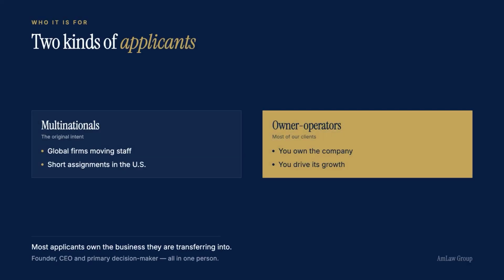Now, there's 2 general categories of people, I would say, who qualify for the L-1. One general category is multinational companies, and this is probably the initial intent of Congress when they created this visa category, that this is intended for large multinational companies. They have people overseas, we're talking about Microsoft, Intel, Google, stuff like that, where they have personnel all over the world, and for various reasons they might have to bring those personnel to the US for a relatively short period of time, 2, 3, 5 years, to perform some work here, and then they would go back to their home